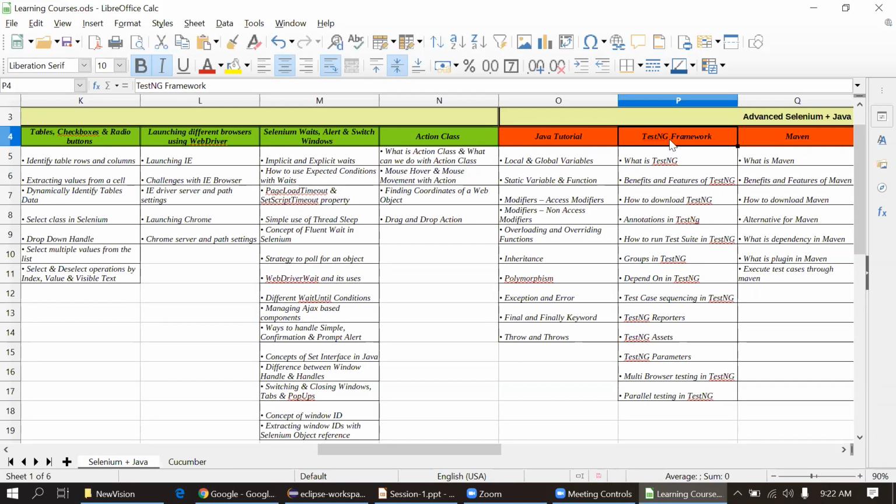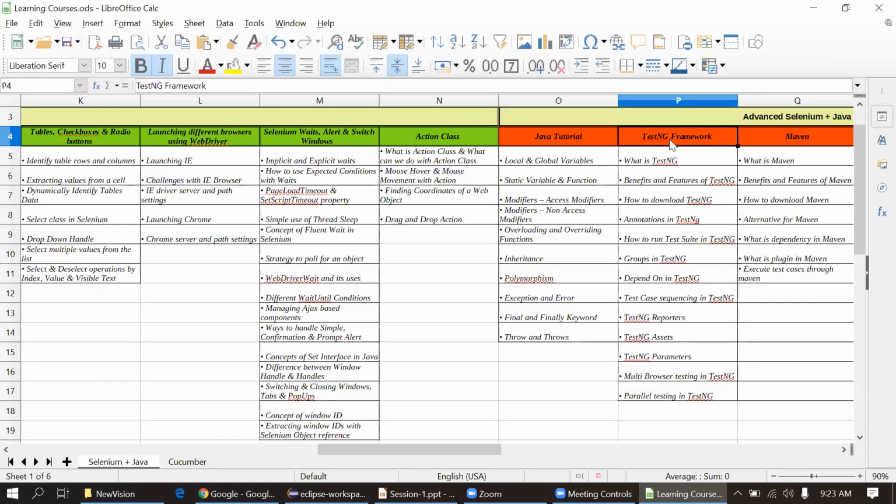Suppose there is some prerequisite, meaning we have to do some preconditions, and only then execute the next set of code. In that case, we can use annotations. For example, if you put the dependsOn annotation on the second test case, then unless the first test is executed, the second test case will not get executed.